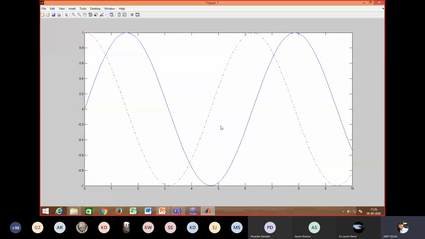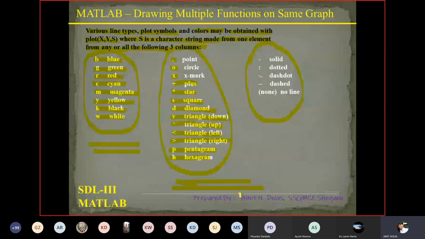Then dashed line, double dash, and then none, it is for no line. So this is all about changing the color of the graph, changing the pattern of the line, and marking different symbols on the graph.